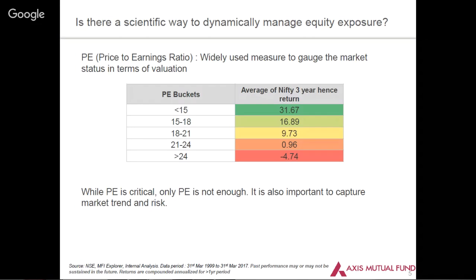So effectively, these products operate at two levels. The model's role is limited to coming up with the appropriate equity exposure, which is sort of a risk exposure, because a lower equity allocation is effectively a lower risk level, and higher equity is effectively a higher risk level. The model does that first part, and the second part is done by the fund manager in terms of arriving at the appropriate stocks and constructing the portfolio for whatever the allocation is.